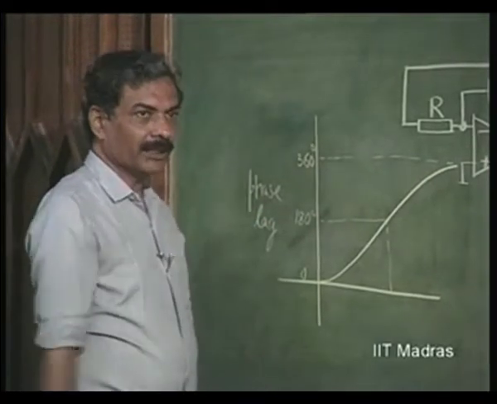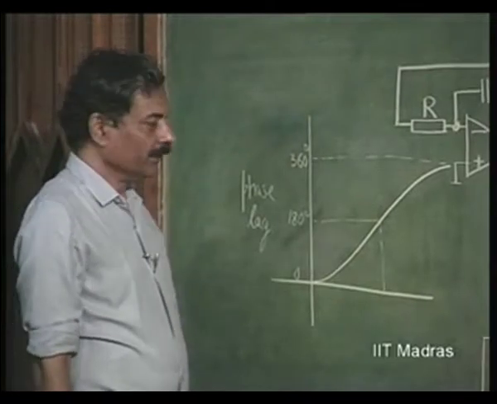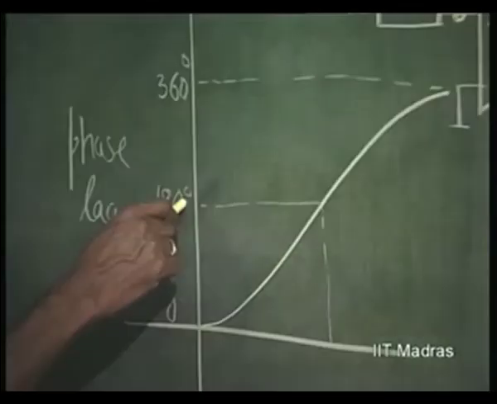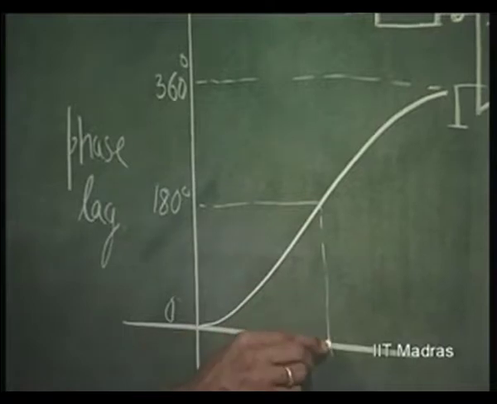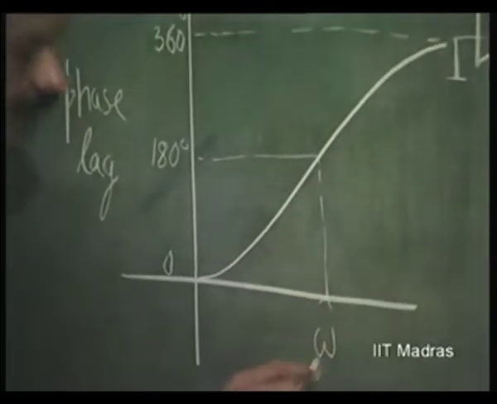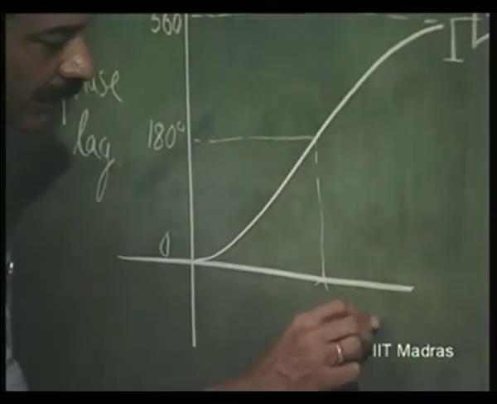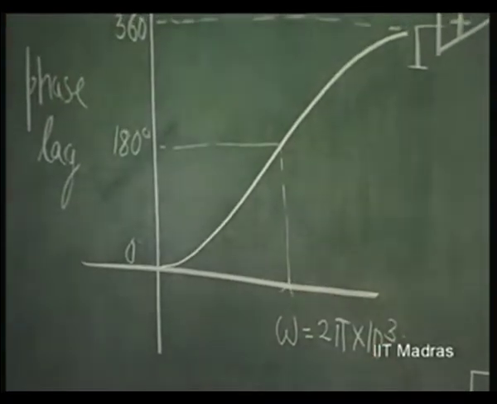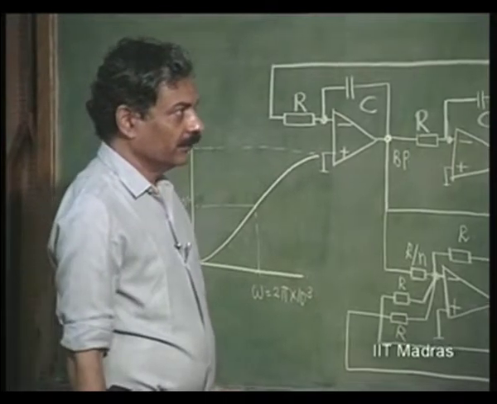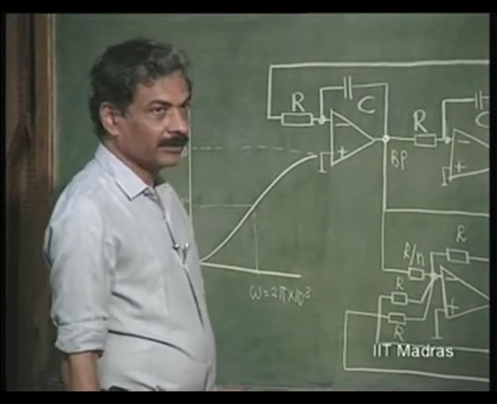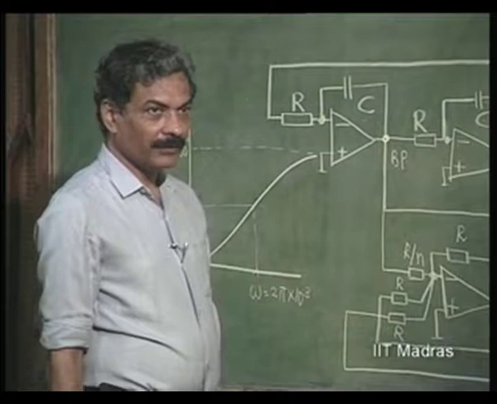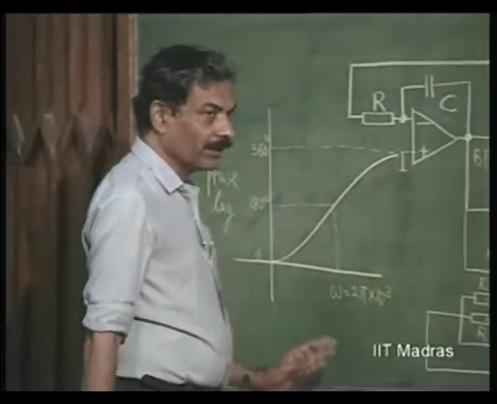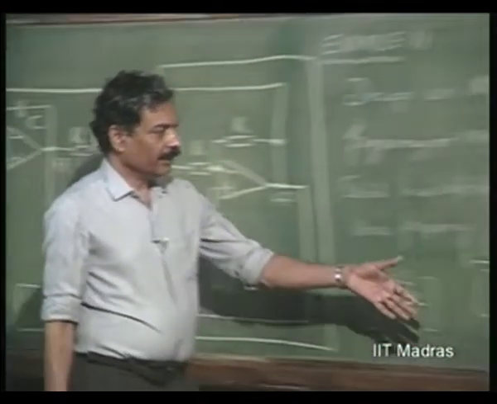So, the zero also contributes 90 degrees at the same point, okay, phase lag of 90 degrees. So, 180 degree. So, this is going to be occurring at a frequency which is 2 pi into 10 to the power 3, omega naught, f naught. Okay. So, this is going to be occurring at the pole frequency,